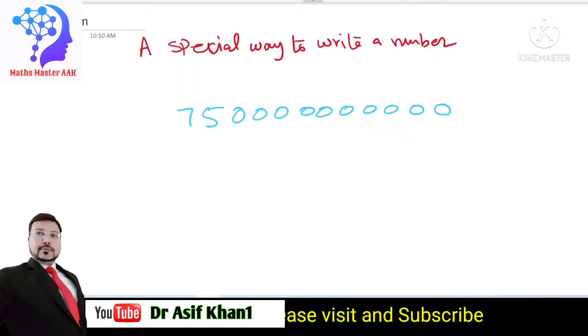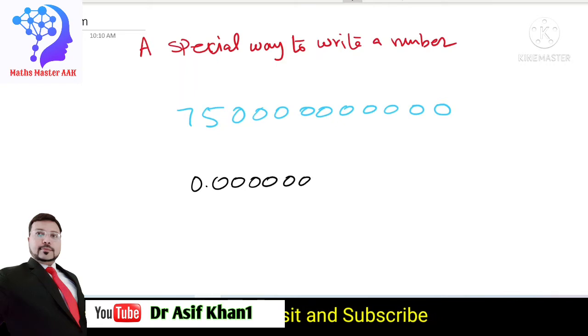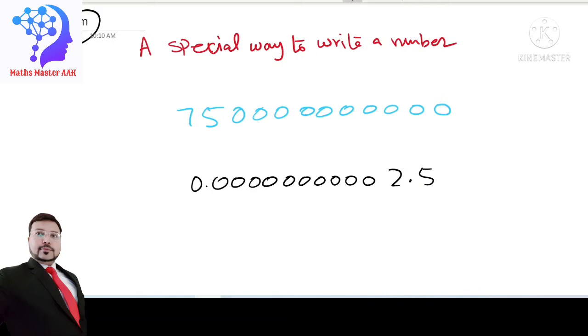Or if you have a very small number, 0.00 like this. We use such types of numbers when finding out about bacteria in biology, or if you are going to find the diameter or radius of the earth or different planets. So we use such values in different fields of science, and it is very difficult to write such numbers again and again. That's why we write these numbers in standard form. This standard form is also called scientific notation.